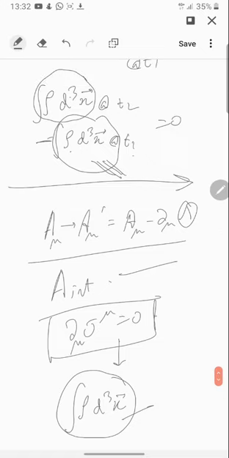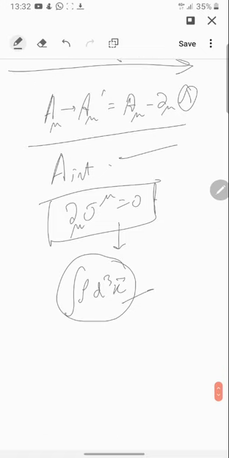So, let us stop this piece of lecture here, and in the next lecture we will talk about the Lorentz transformation properties of the electromagnetic field tensor F mu nu. How F mu nu is a second rank tensor, and how it transforms under Lorentz transformation, will be the topic of discussion in the next lecture.